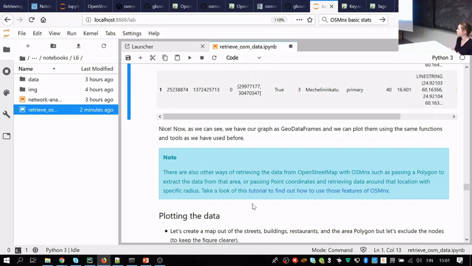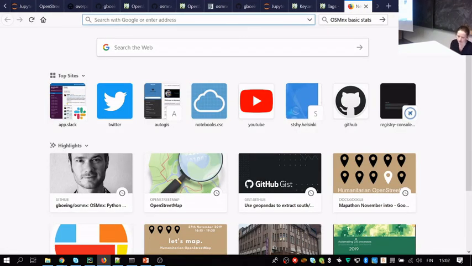So then of course the larger the area, then the longer the query will take, but should in theory work. But if you want the OpenStreetMap data for the whole world and all the possible tags, then OSMnx is maybe not the best option. So then there's also this,